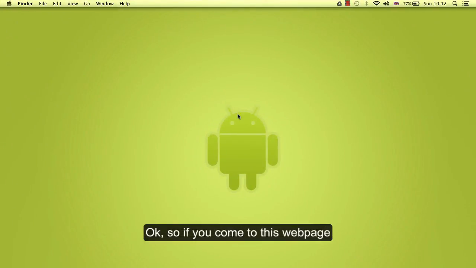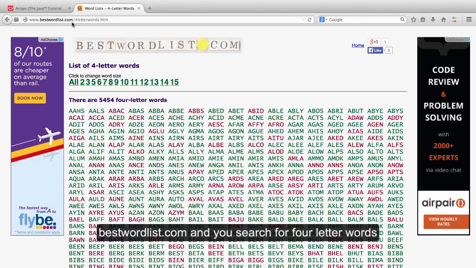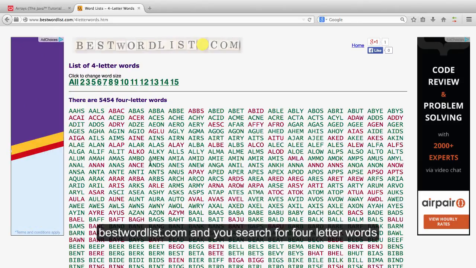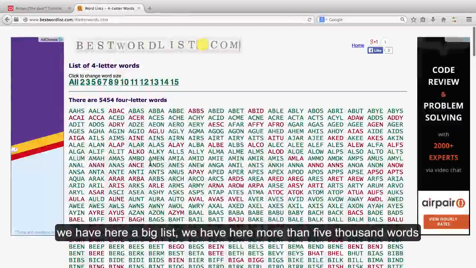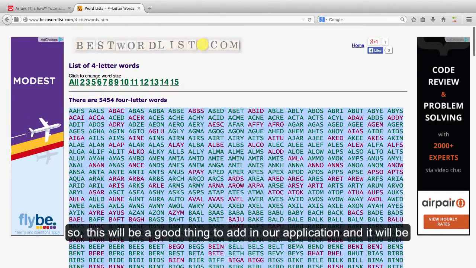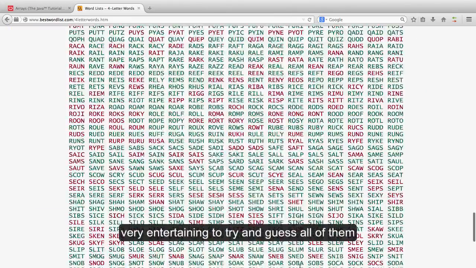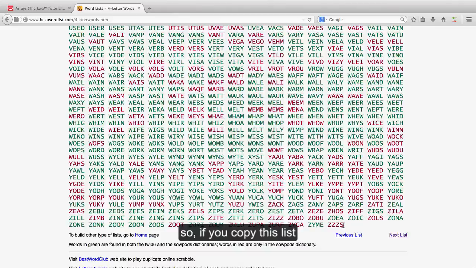Okay, so if you come to this web page, bestwordlist.com, and you search for 4-letter words, we have here a big list. We have here more than 5,000 words. So this will be a good thing to add in our application, and it will be very entertaining to try to guess all of them. So if you copy this list,